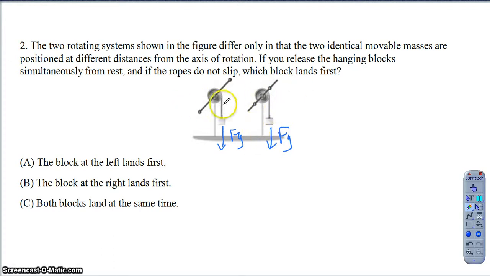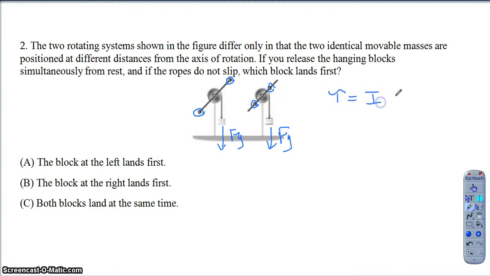Right? So they asked me which one's going to rotate faster, right? Which one's going to accelerate quicker. So then if I look at these, the only thing that's different for the system, right, I have two masses m that are identical, and then here I have those two masses, the same two masses, but they're closer to the center of rotation. So really the concept that comes into play here